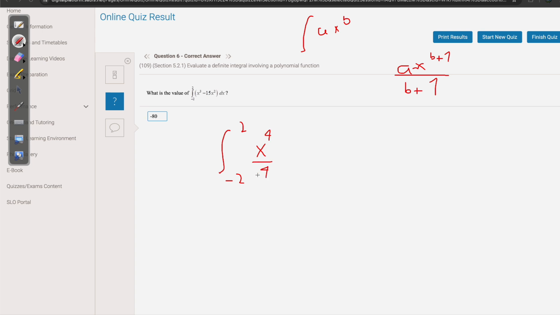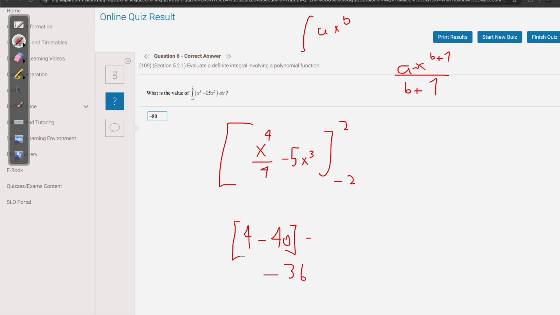over 4. Now no need to put the integral sign because it will start confusing. Minus 15x cubed over 3, which is 5x cubed. From negative 2 to 2, which means we will substitute x by negative 2 and x by 2 and subtract. So when we substitute x by 2, we get 4 minus 5 times 8, 4 minus 40, which is negative 36, minus